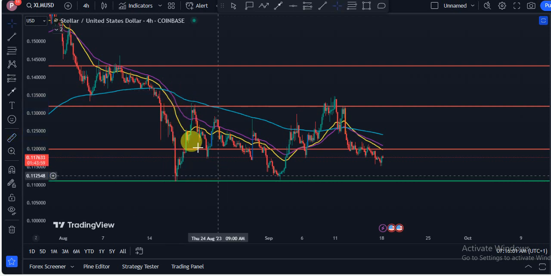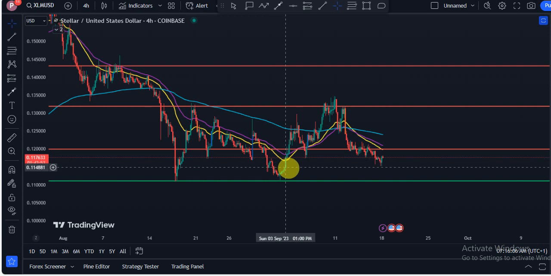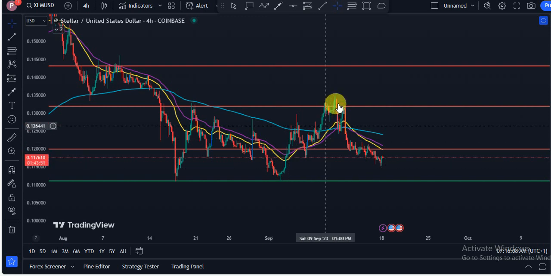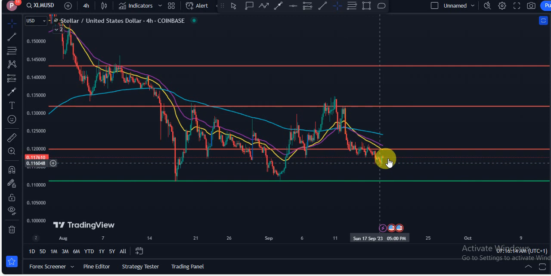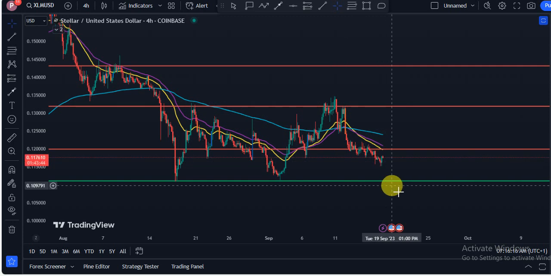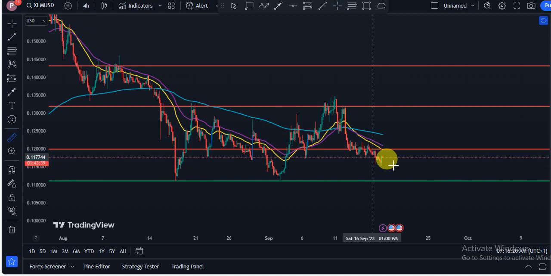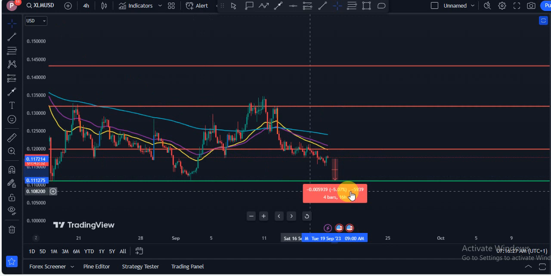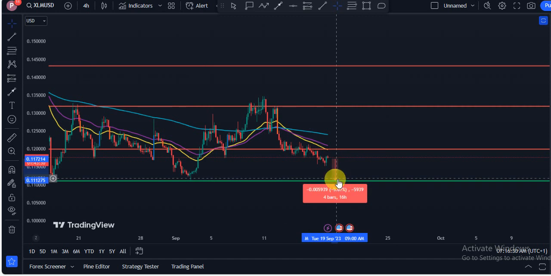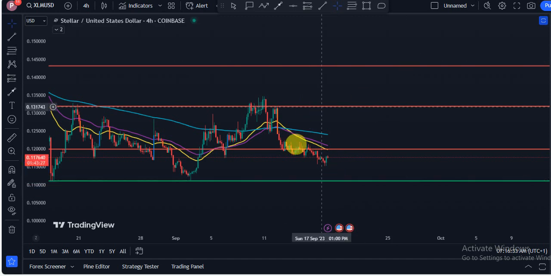Since then, we have just been seeing some sort of consolidation. We tried an unsuccessful move to push above the 200 EMA, but as you can see, we were rejected back, and we are pushing to the downside. So for XLM, we could still see one more push to the downside to retest this level. We could see another 5% dump to retest this level, and then see another push to the upside, because as you can see, we are below both the 55 and the 30